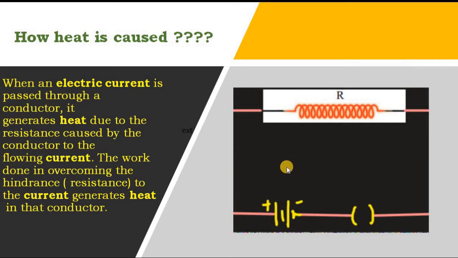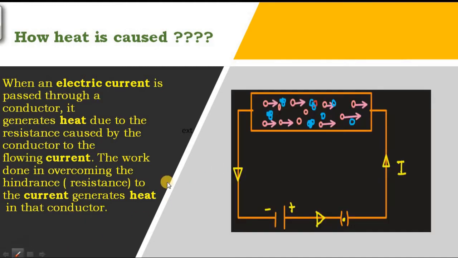So here the electrons are flowing in this direction, and in that case the current will flow in the opposite direction. So when the current flows through this resistor, the color of this becomes red hot. Here these arrows are showing movement from left to right side, and the current will flow from right to left. So when the current flows through this resistor or any conductor, how does this become hot or start to produce heat?